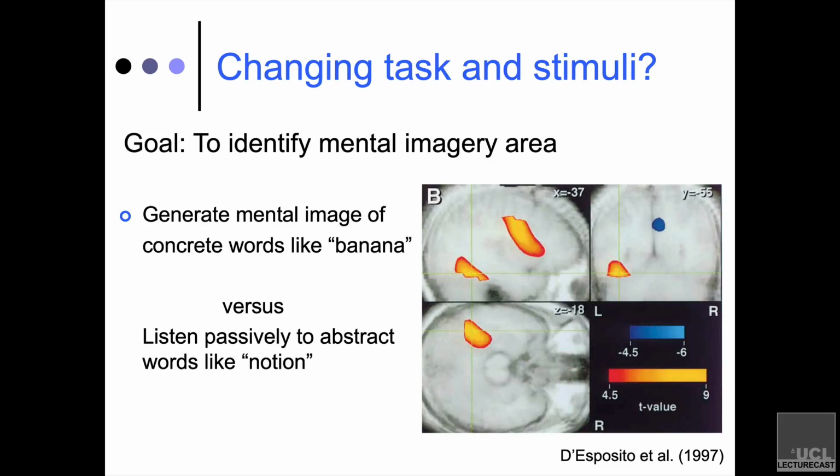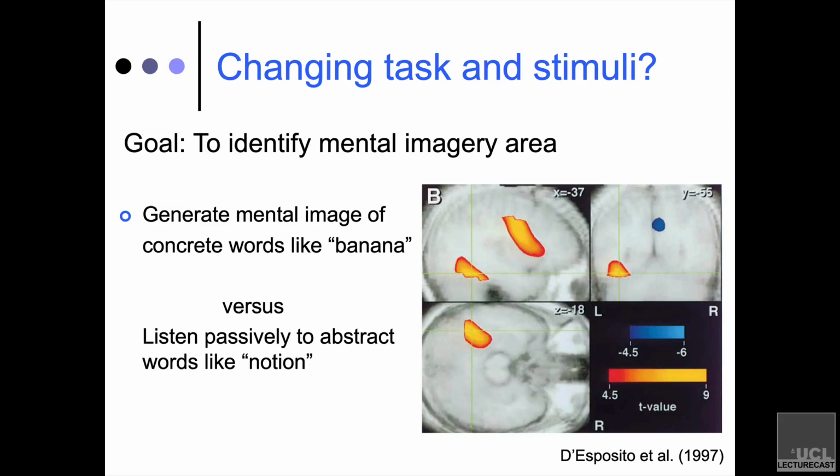I've said before that you can't change the task and the stimulus because then you can't determine what's going on. And let me just give you an old example from the late 90s from Mark D'Esposito's group, where they were interested in trying to identify where in the brain visual imagery existed. And they had a task where they would give people words and say, generate a mental image. So I'd see the word banana, and then I'd have to visualize in my head what a banana looked like. And then their baseline was listen to these words that are about abstract items. So you'd hear the word government,